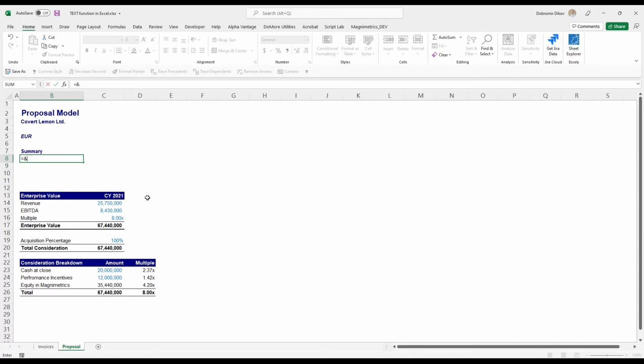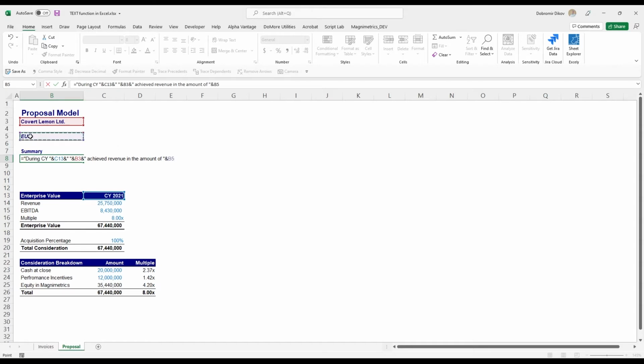That's Shift 7 on my keyboard. So let me start with "during calendar year," and then I'm going to use ampersand. I'm going to grab the year, and I already have calendar year in here, but this is actually a formatting. This is just 2021 as a number. That's why I'm putting it up here as well. And I'm going to continue and add a space. I'm going to grab the company name, another ampersand, "achieved revenue in the amount of"